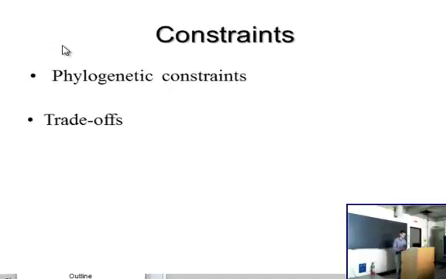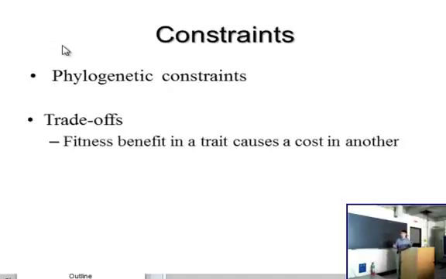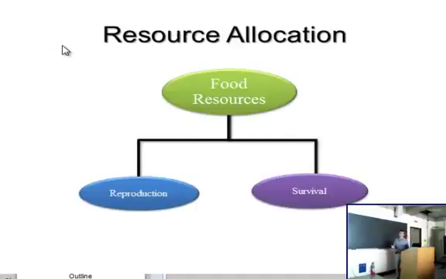Aside from these phylogenetic constraints, there are individual constraints that they experience. This is through trade-offs. A trade-off is when there's a benefit to one trait, so they maybe allocate some fitness benefit to reproduction, but then at the same time there's a cost and a loss of fitness in the other traits. This is often due to energy limitations in the ecosystem. This idea has actually led to a lot of hypotheses to describe and make predictions about trade-offs in ecosystems, and it led to the development of this optimal resource allocation model.